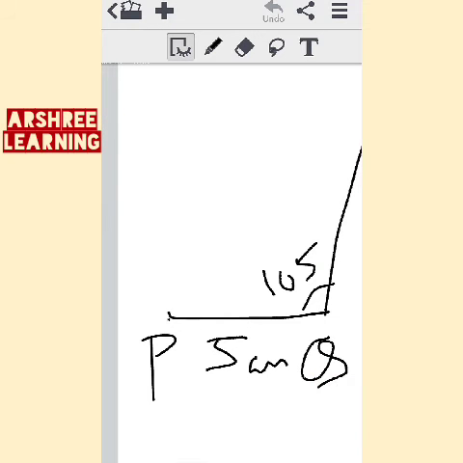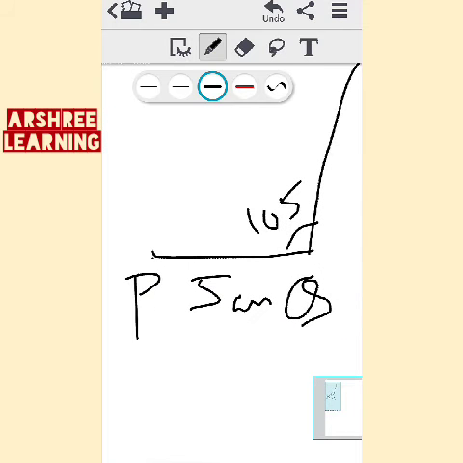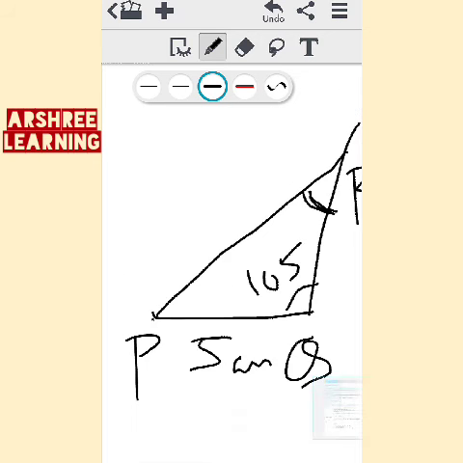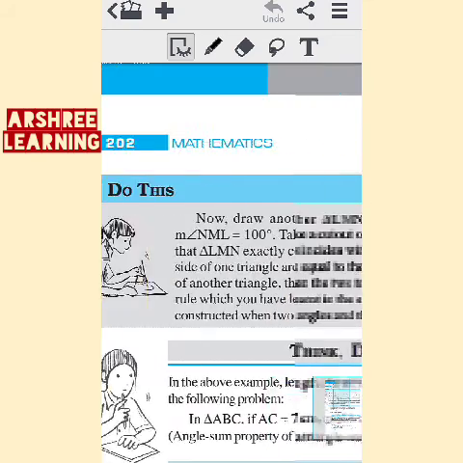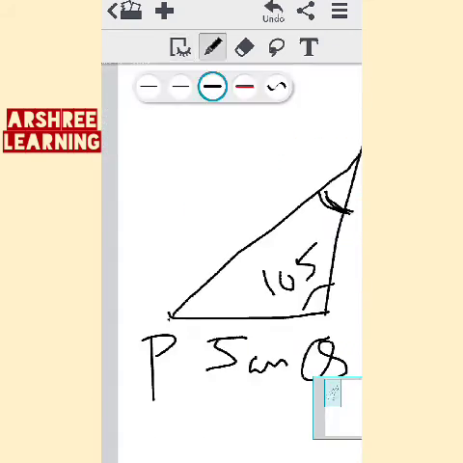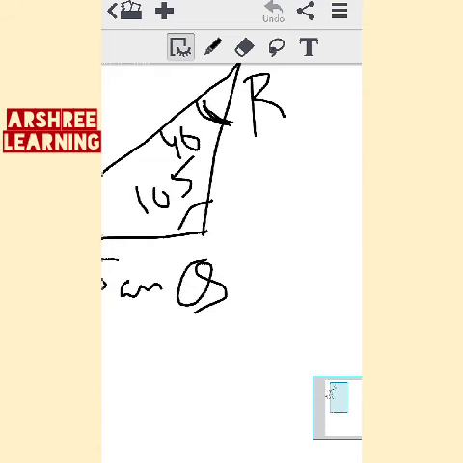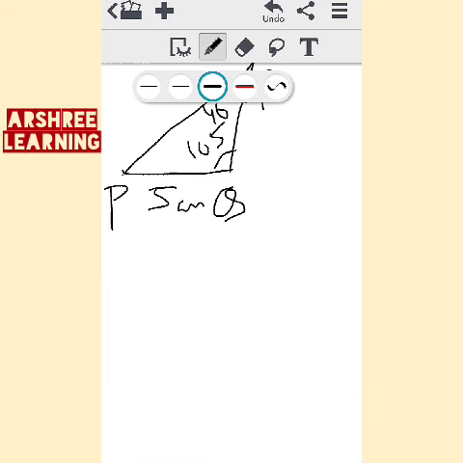QRP, QR is here and P is given like this. This is R and QRP is the angle which is given to you. The QRP angle is equal to 40 degree. So you have to make this angle as 40 degree. This is the rough figure. So when you make this angle, you will see this rough figure and make it. PQ is equal to 5 centimeter.